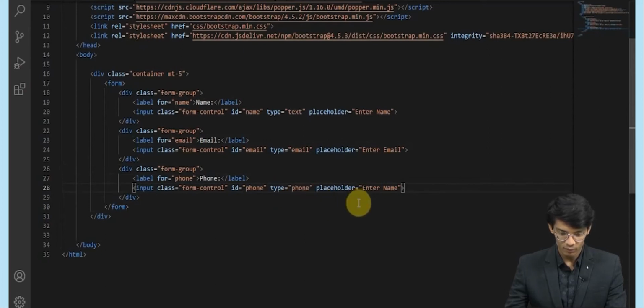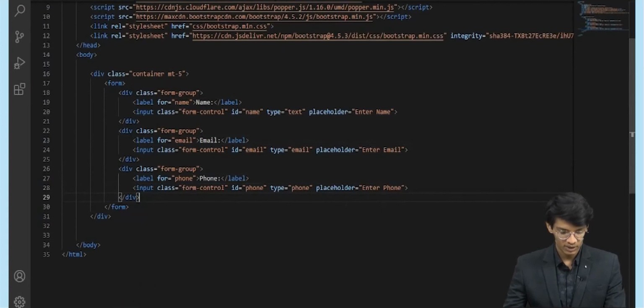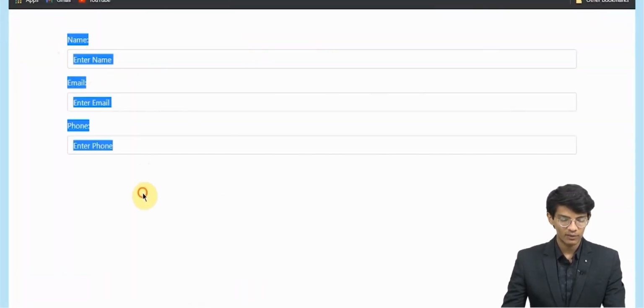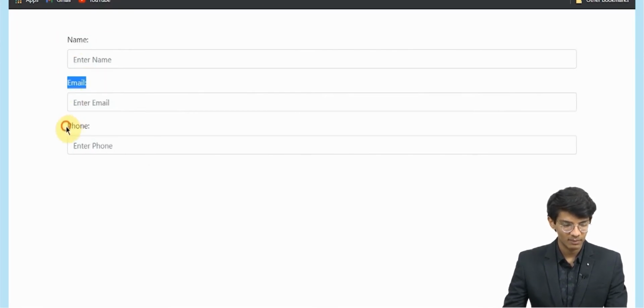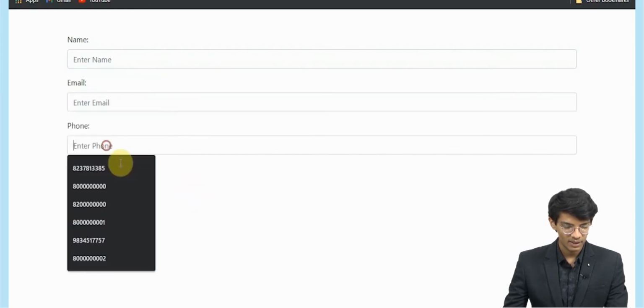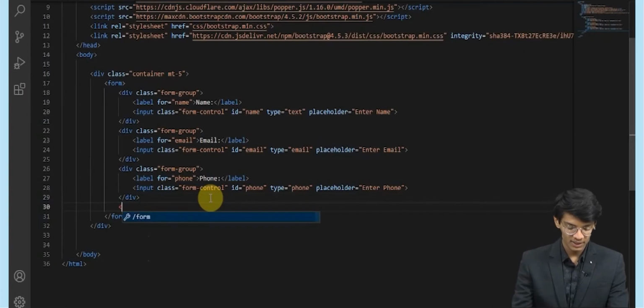Type would be phone. Now let's see what we get. So we got 3 input fields with their labels: name, email, phone, saying enter name, enter email, enter phone.